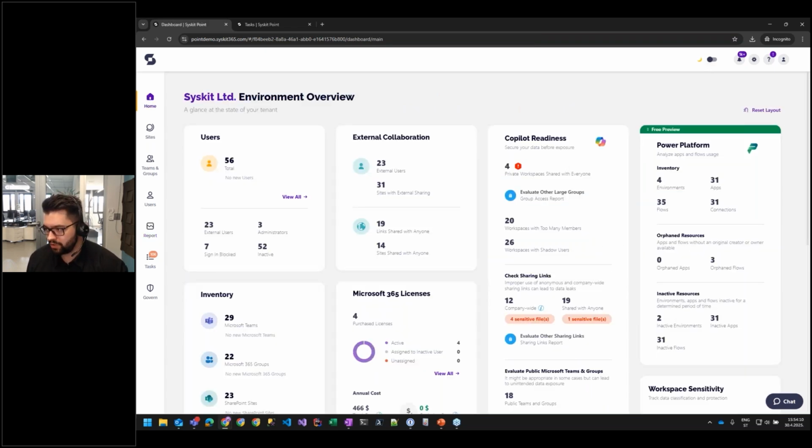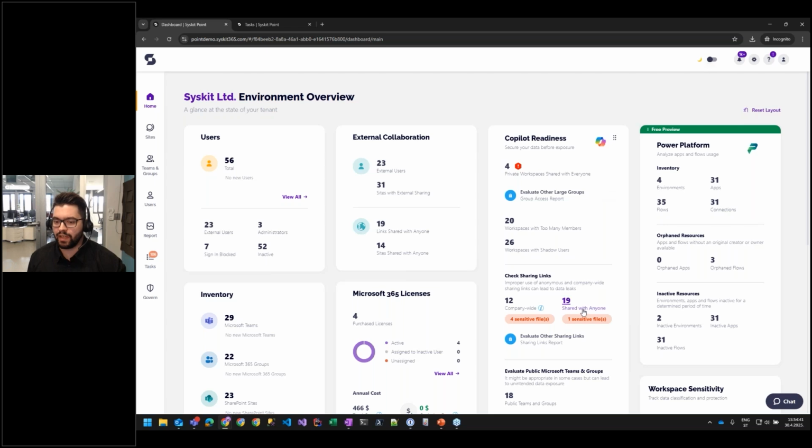Another big problem we mentioned in today's age is oversharing. It can cause data breaches and leaks, regulatory compliance violations, former employee risks, and many other problems, all of which are especially important if you want to adopt Copilot in your environment. To keep on top of this, the Copilot readiness tile here shows you a lot of different information, like for example, how many sharing links you have, the total public workspaces, and other useful data points, all of which are drillable and open reports with easy to access actions for handling things on the spot.